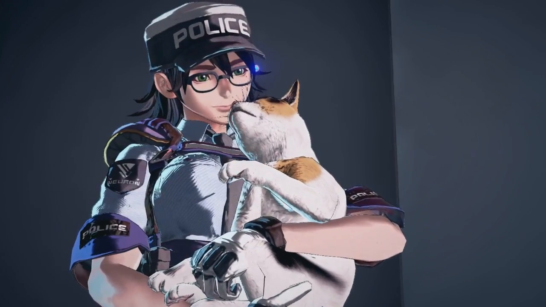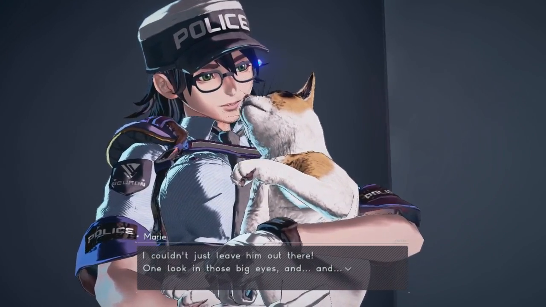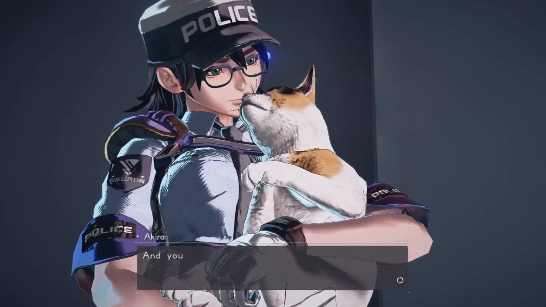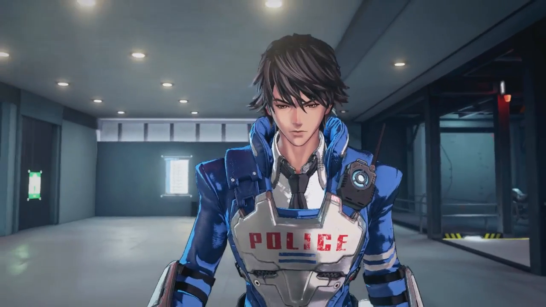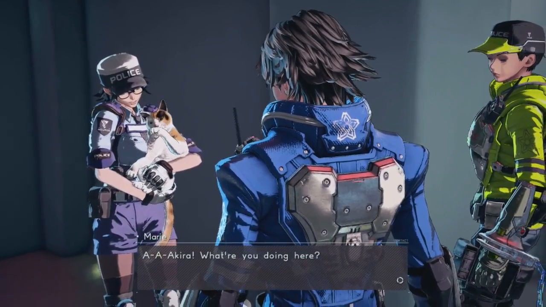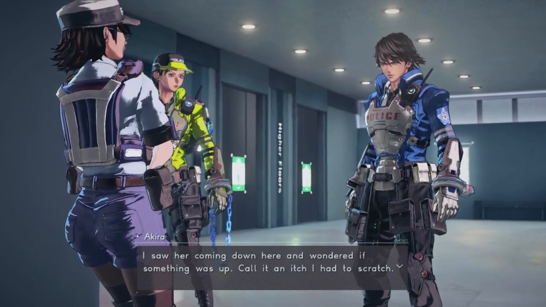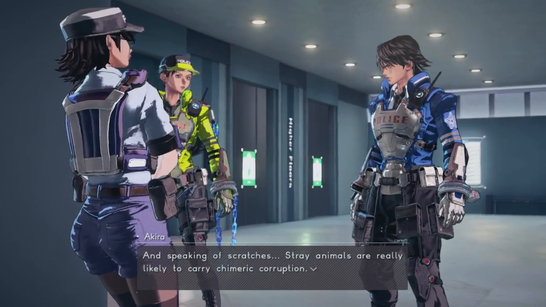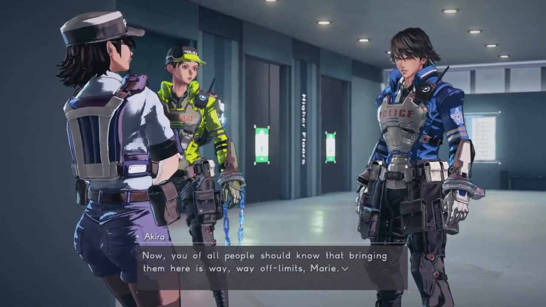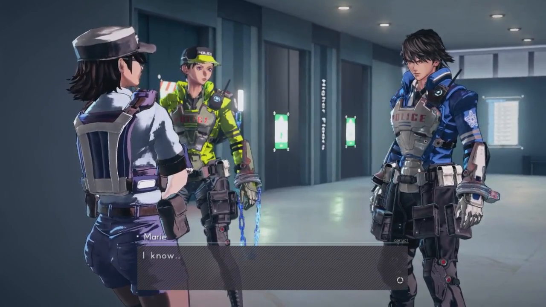So I met this little guy while out on patrol. I couldn't just leave him out there. One look in those big eyes and... And you had to bring him back, right? Oh! Akira! What are you doing here? I saw her coming down here and wondered if something was up. Call it an itch I had to scratch. And speaking of scratches, stray animals are really likely to carry chimeric corruption. Now, you of all people should know that bringing them here is way off limits, Marie. I know, but...